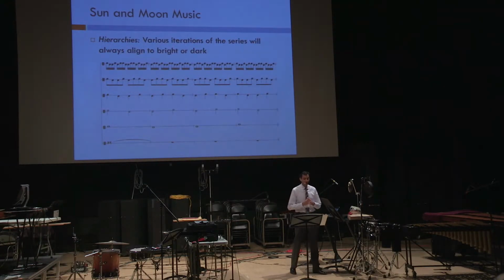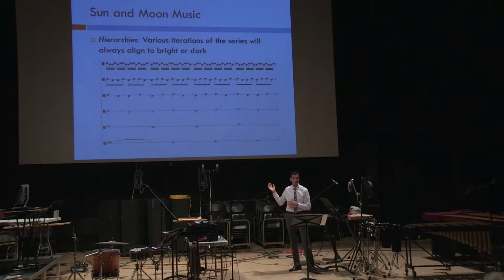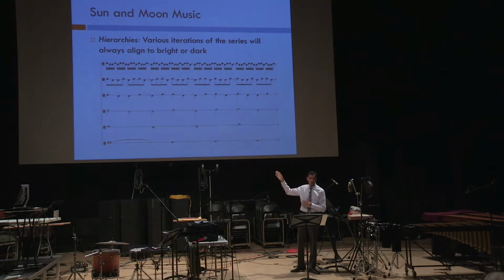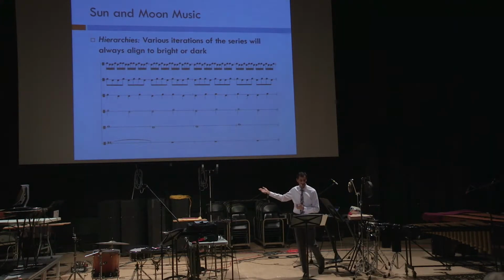These rhythmic structures can also be layered vertically in Neeraj's hierarchies. So if every 4th or 16th or 64th note is extracted downwards, it'll result in the same bright, dark, dark, bright construction as the original series. Here you can see how the fractal nature of the series allows the iterations to line up together as bright or dark, whether they're moving at the 16th note level or the whole note level.